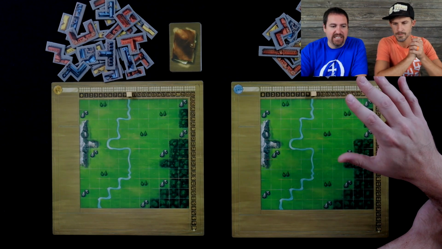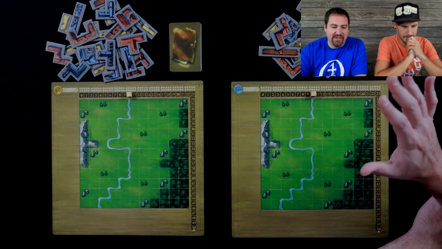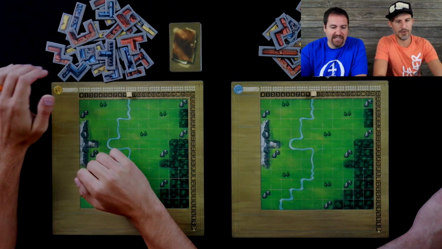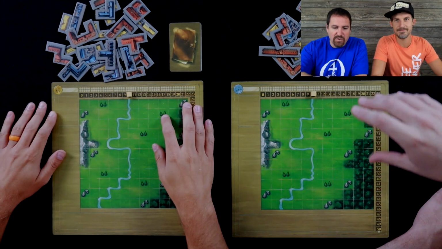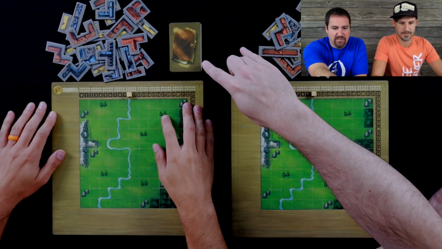Now, we're just going to be playing the initial game just to show you essentially how the game plays, but there's lots more rules that are going to be added. We do not want to do any spoilers. Yeah, we're going to do no spoilers. So what we're going to do is we're going to be drawing cards from this pile,